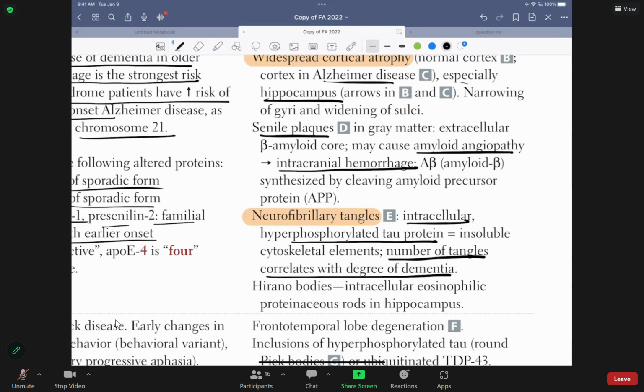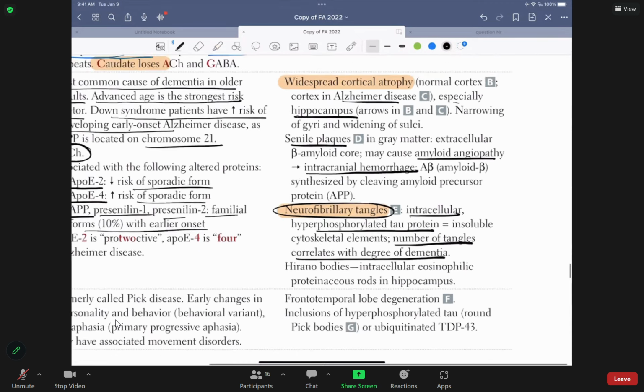If the patient has a smaller number of these tangles, that means better. If they have more tangles, that means it's more severe. Is that clear, folks? The more the number, the worse it is, folks. Okay. So the prognostic factor of Alzheimer's disease is the number of neurofibrillary tangles. Is that clear, folks? That's very important. Okay. Nobody can tell how bad it is without checking the neurofibrillary tangles, folks. Okay, that's very important. So they have to know that. So that's the key here.